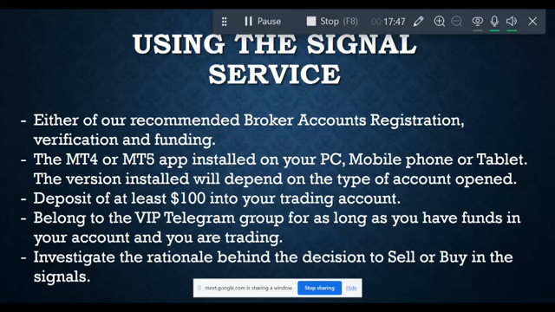Coach, why did you post sell? But you cannot always ask somebody, why are you selling? Why are you buying? Why are you selling every time they post a signal? They'll get tired of answering you. So that's why you should also understand the rationale behind those decisions. You should know how to analyze the market yourself, so that you can also be able to decide whether to